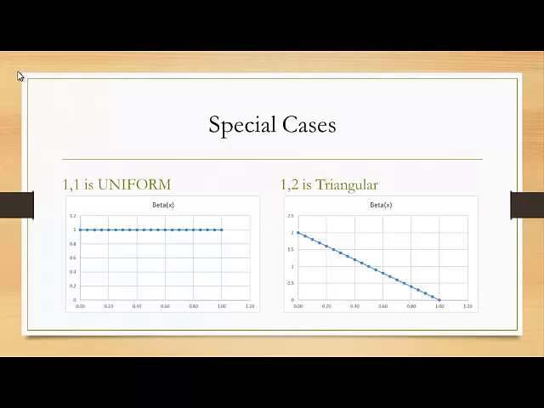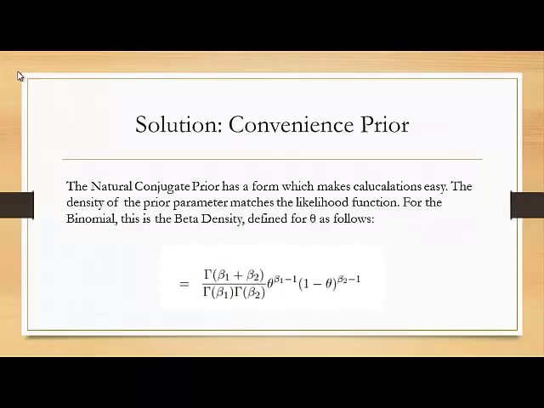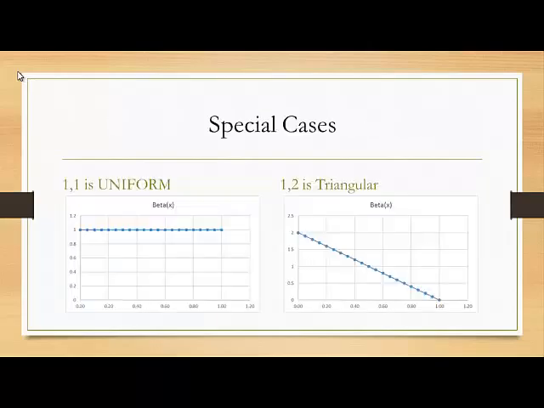Okay, so if you have beta 1, 1, that is a uniform density. Let's look at this. So 1, 1 means that beta 1 is 1 and beta 2 is 1. So 1 minus 1 is 0 and 1 minus 1 is again 0. So basically theta disappears. Theta to the 0 is 1. So if the density is constant, then it has to be 1, because that's the only density which integrates to 1. So the gammas again disappear, and so basically this is the uniform density. It's equal value of 1 for all points between 0 and 1. Remember, the beta density is only between 0 and 1. It's not outside, because it's a density for the probability p, and the p can only take value between 0